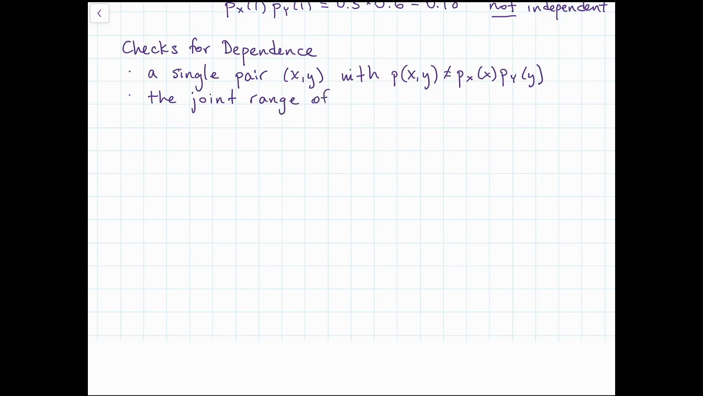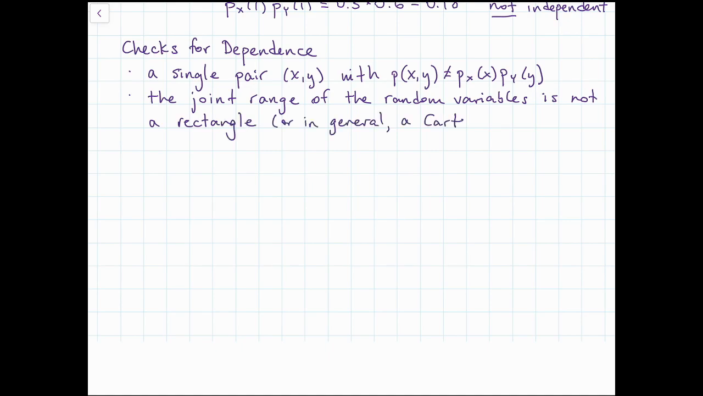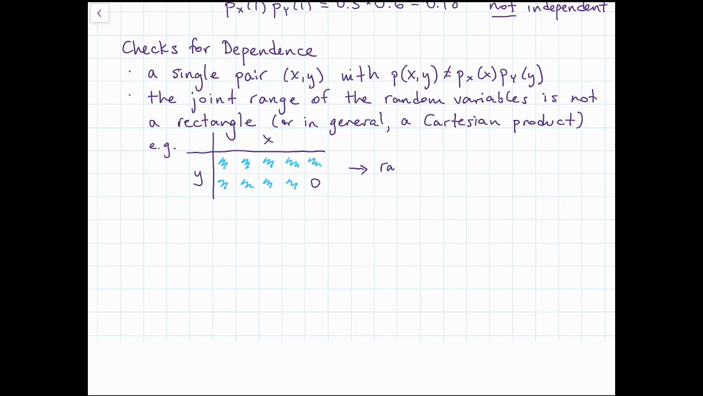But we could also just consider the range. If the joint range of the random variables is not a rectangle, in other words, more technically, it's not a Cartesian product of the sets, then we know the variables are dependent in some way. So imagine we had x and y, and the squiggly lines are just non-zero numbers, but we have a 0 over there. The range there is not a rectangle. It's like a trapezoid, I guess, which means that the values depend on the other values,